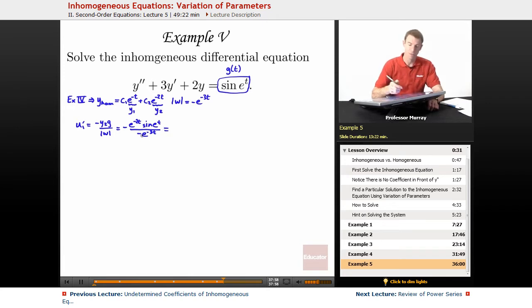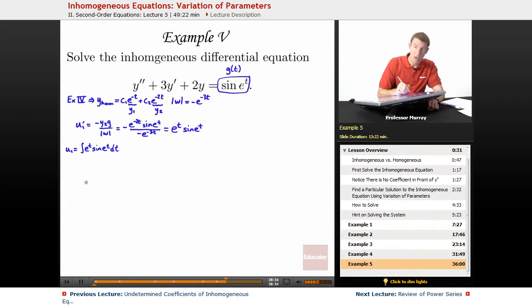So this does simplify a bit. First, of course, the two negatives cancel each other. And this e to the negative 3t, if you bring it up into the numerator, it becomes e to the positive 3t. And so you have e to the positive 3t, e to the negative 2t, just gives you e to the 1t times sine of e to the t. So that simplifies a bit. To get u1 itself, that was just the derivative we found there. We need to integrate e to the t times sine of e to the t